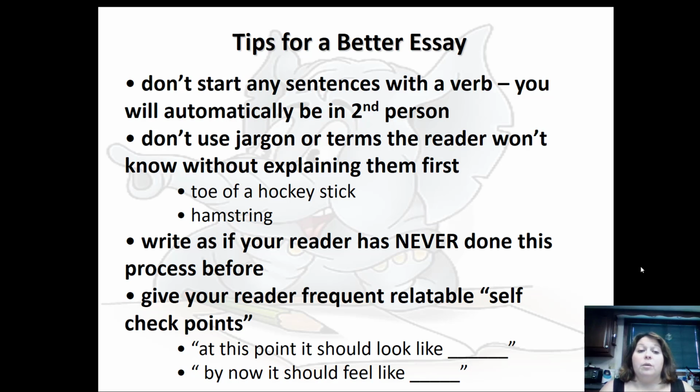So another example is the toe of a hockey stick. I had a student who wrote a how-to process paper on how to suit up to play a hockey game and put on all of the equipment. And in part of the paper, he talked about the toe of a hockey stick. Well, if you think of a hockey stick, you might not know what the toe is. So someone would say, well, the end. Well, there's two ends of the hockey stick. So something that you could do sometimes to explain jargon is describe it